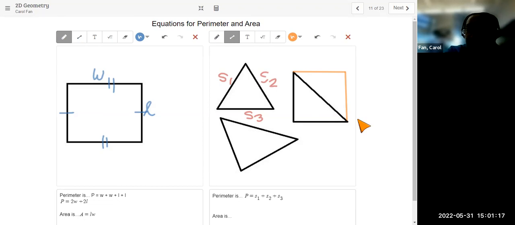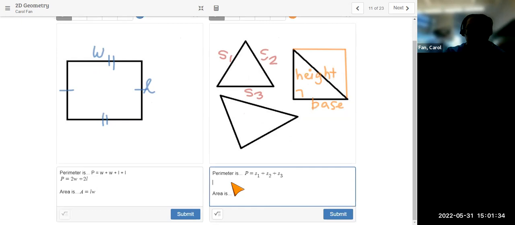Instead of length times width, we call this the base, and we're going to multiply it with the height. And we need to divide it by 2. Okay, so area in this case is half times the base times the height. Now, one note is that the height is a perpendicular. Height is perpendicular